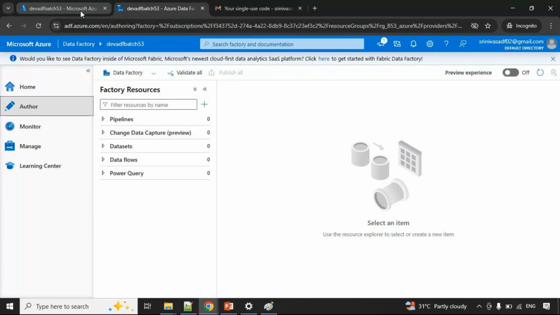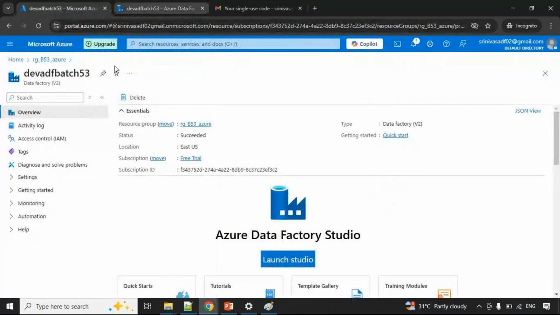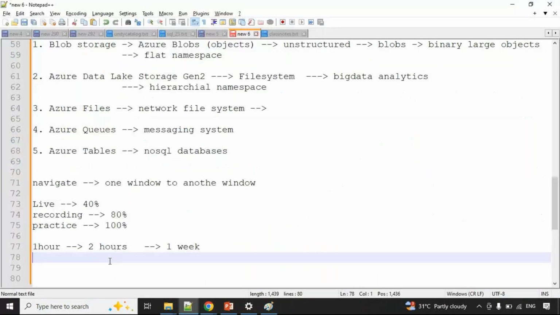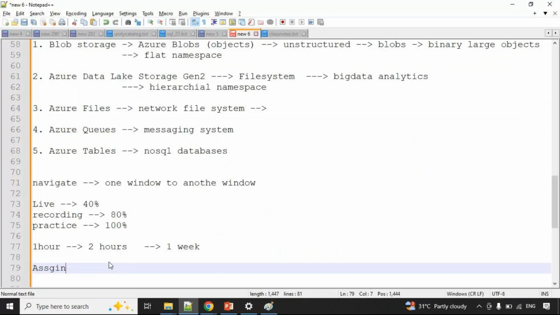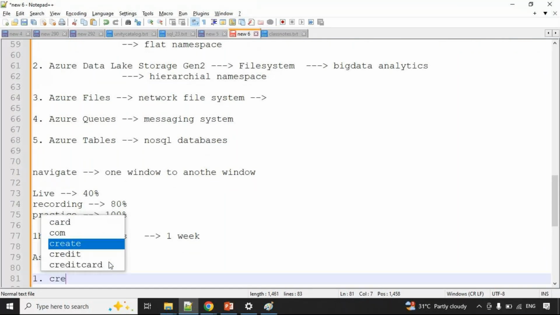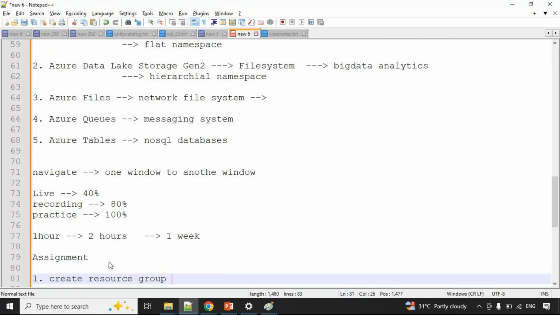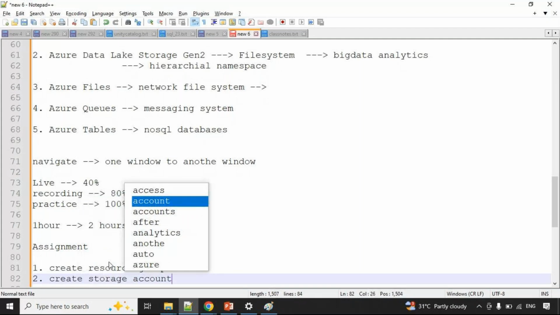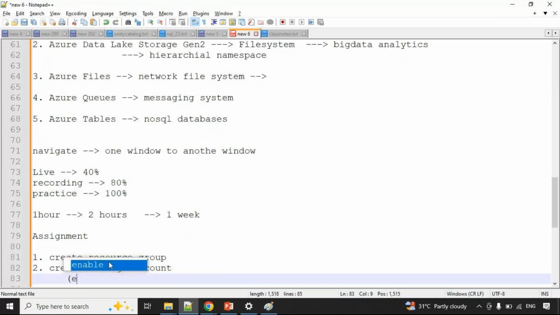Okay, so today take an assignment, guys. Create a resource group, create a storage account, and make sure to enable the hierarchical namespace.